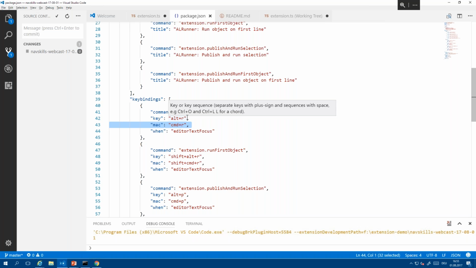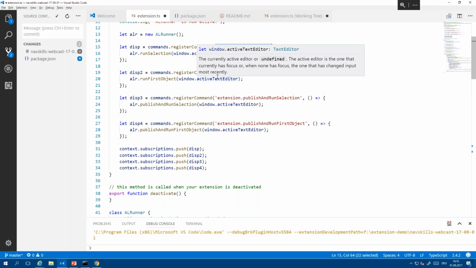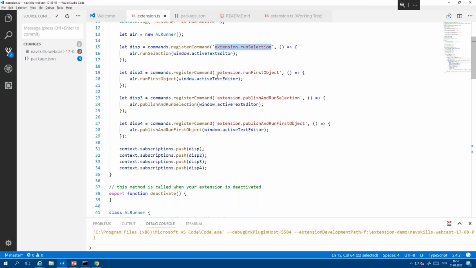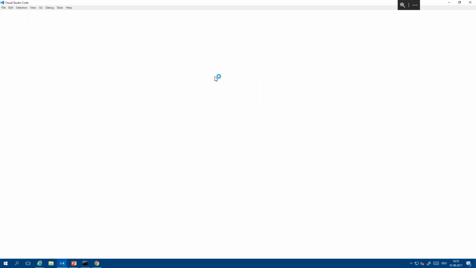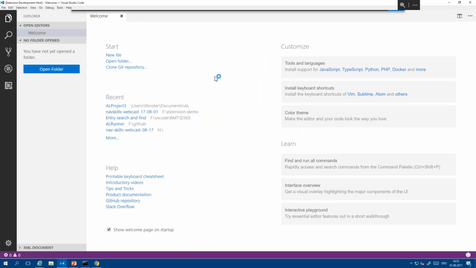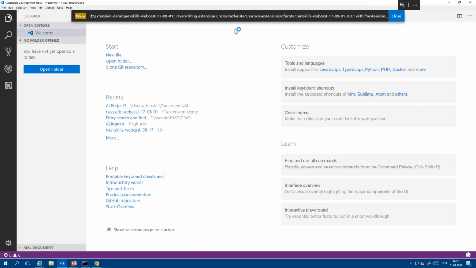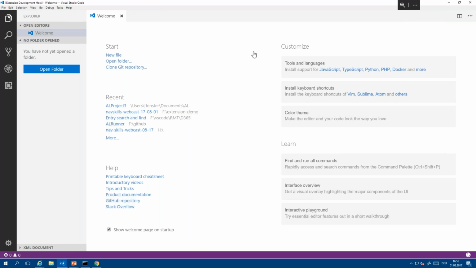So if there's a problem, can you change them into something that will work? Yes, but you can't have an alternate key, at least not that I know of. I think that should allow us to have F5 in here. And if we now try to publish that, okay, this is only the warning that we are overwriting an extension with another one.